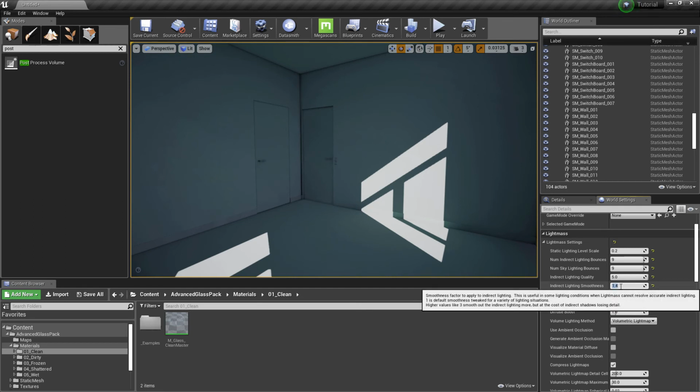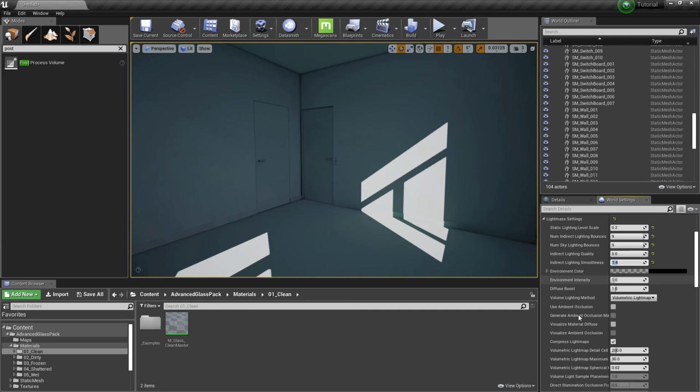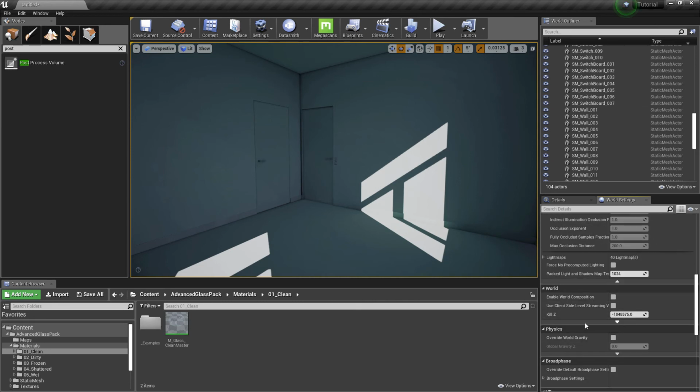Let's lower down the smoothness and disable compressed light maps. Compressing the light maps saves the disk space but increases the chances of artifacts. Let's disable it and do a build again.